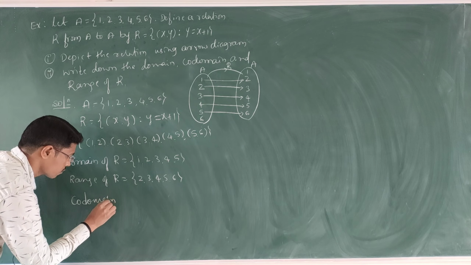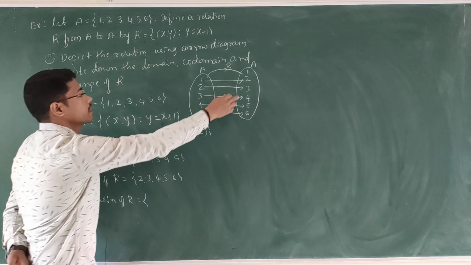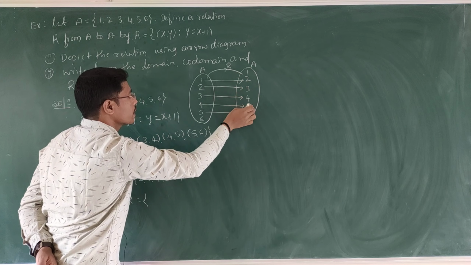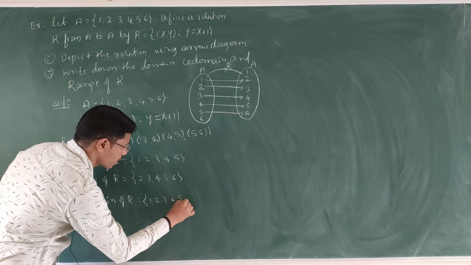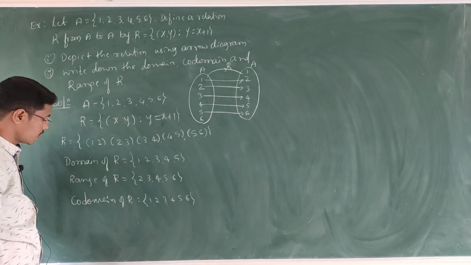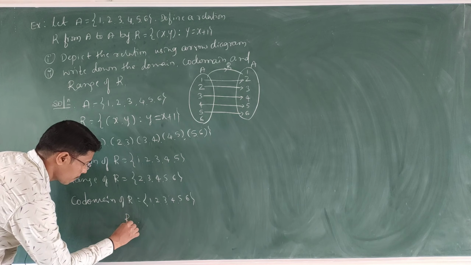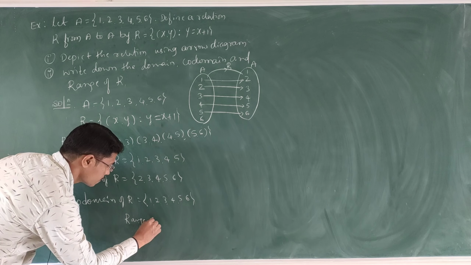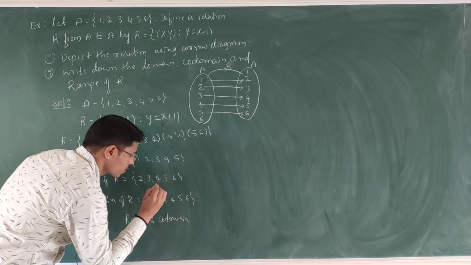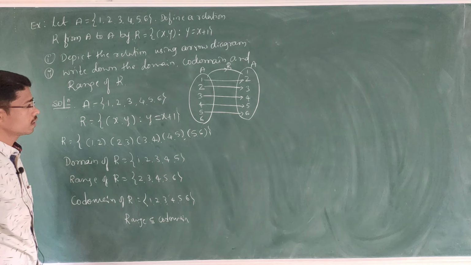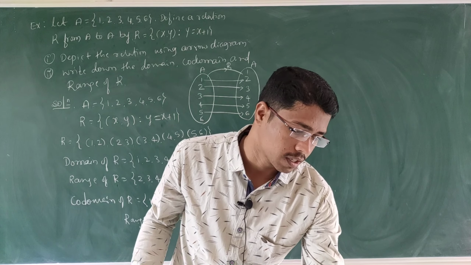Okay, the codomain of R. So the codomain is the complete set: 1, 2, 3, 4, 5, 6. So see here, the range is a subset of the codomain. Okay, the range is a subset of the codomain. This is one example. Next one is